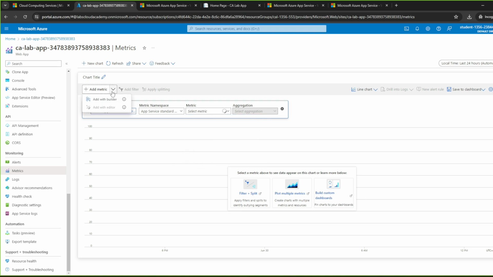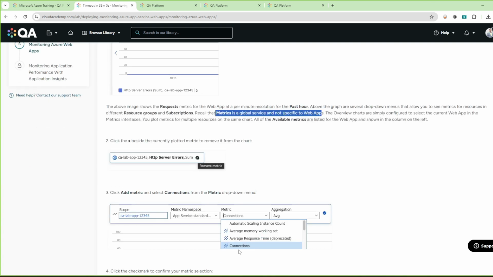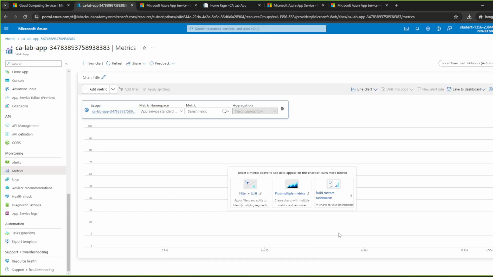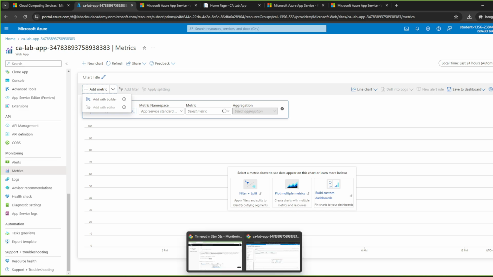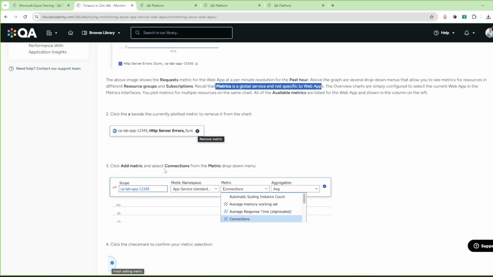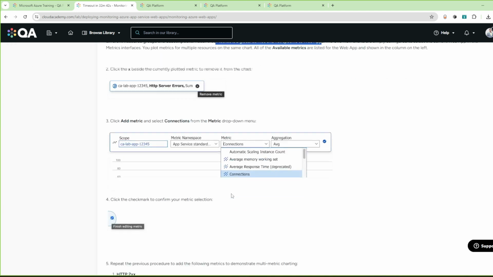Okay, we can do that. Click the X beside the currently plotted metric to remove it from the chart, although we don't have any here. So it's good for us, there is nothing out here. So in the add metric, select connections from the metric drop down menu, and great,